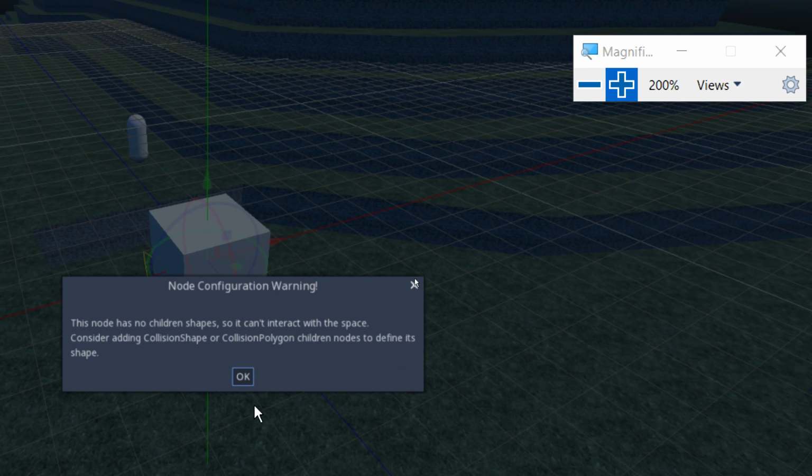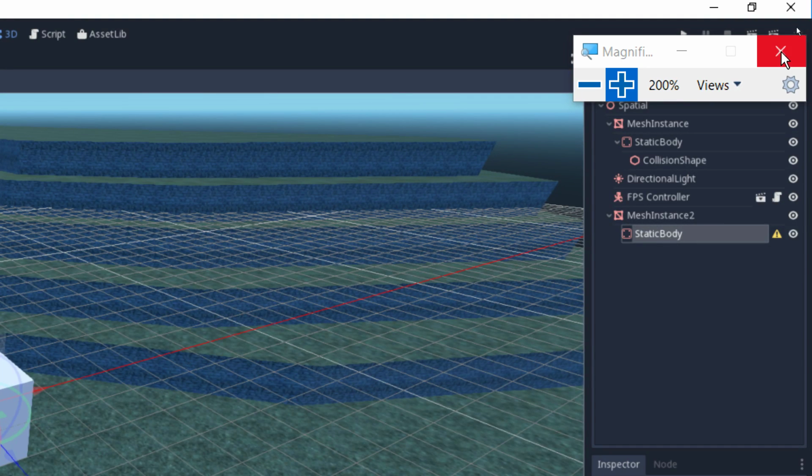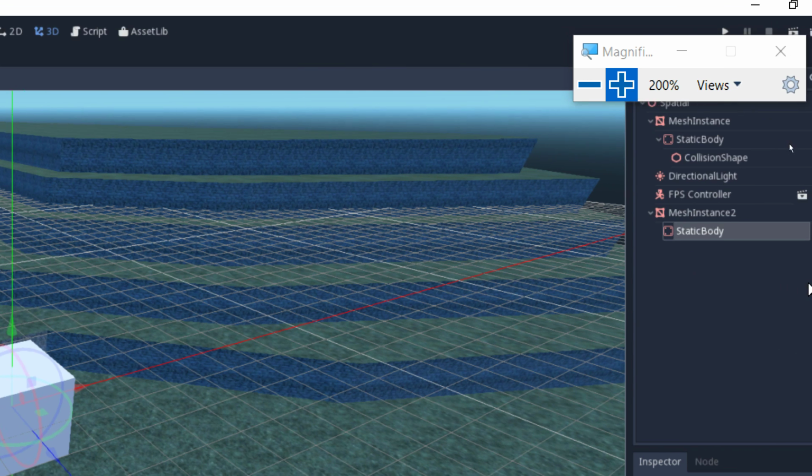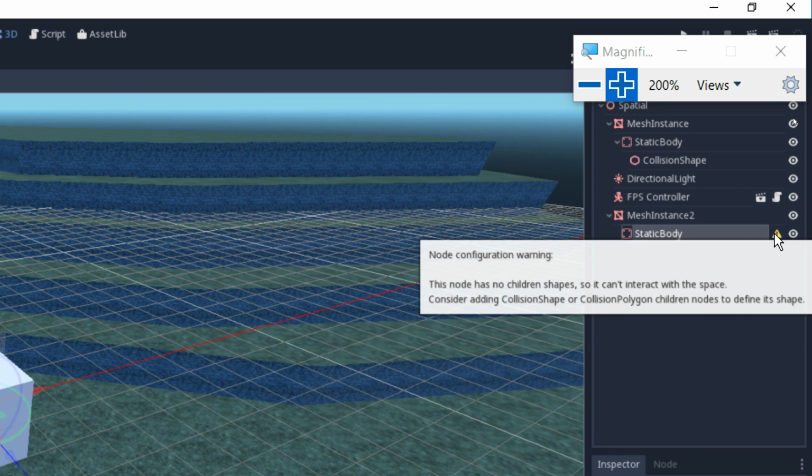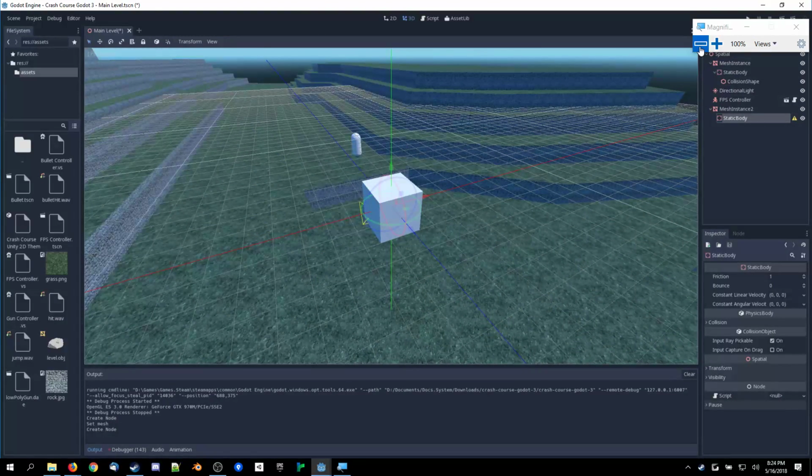shapes, so it can't interact with the space. Consider adding a collision shape or a collision polygon child node to define its shape. You can find more of those details by simply clicking on the exclamation point. Whoops. The yellow exclamation point right here, which highlighting it flat out will tell you as well. But that'll give you the detail as to what the heck is going